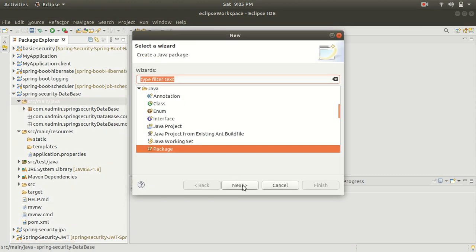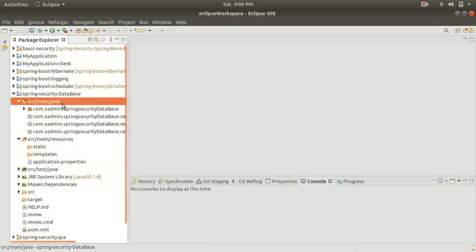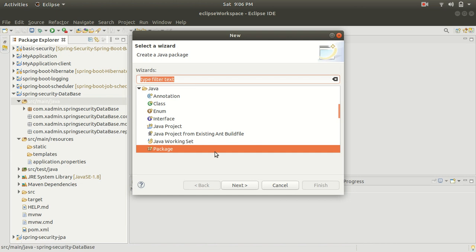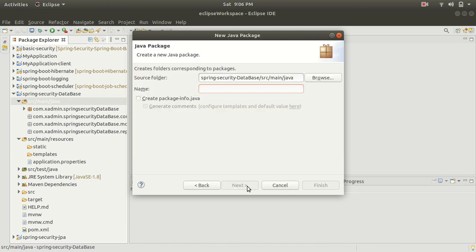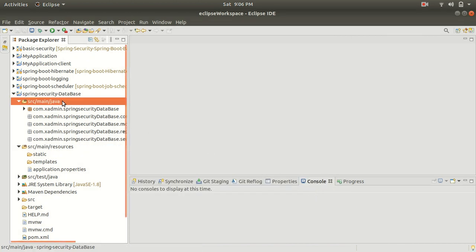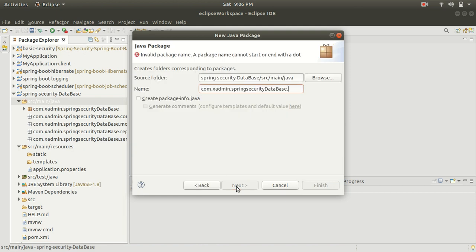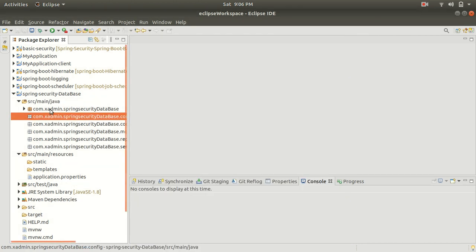Next package I will add the repository. Finish this. Next package I will add a service package. Finish. So the next package I am going to add is a config package.